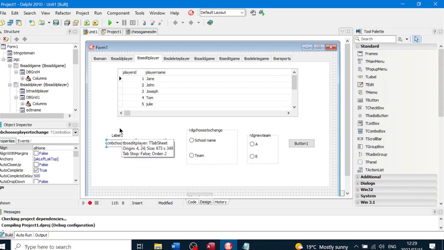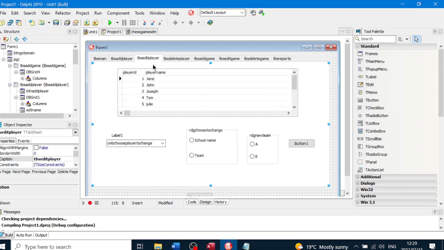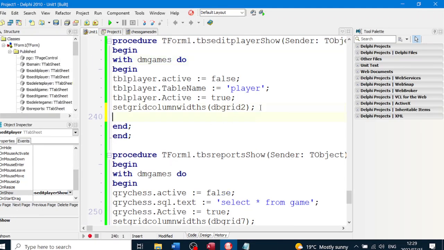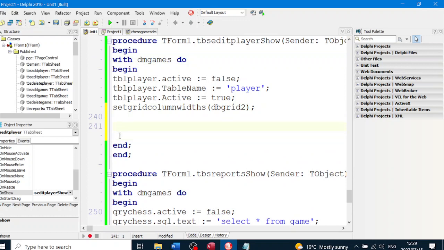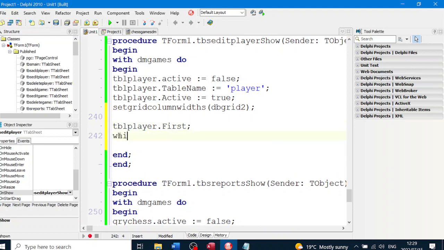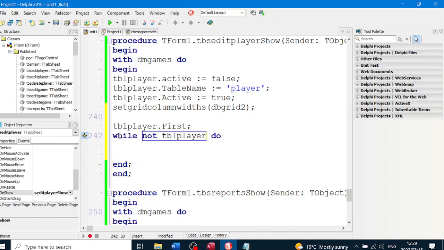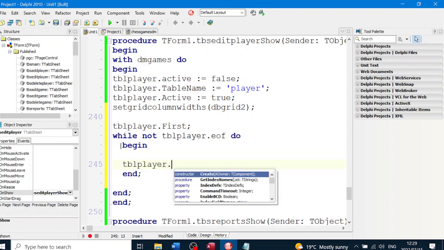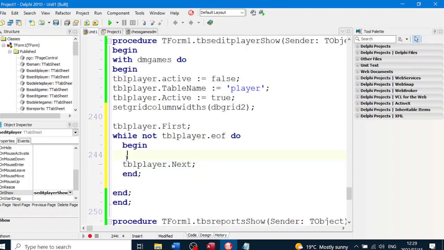So in the on show event of this tab sheet, we go to the tab sheet in the events, and on show, go down to on show here. We are going to fill the combo box up. So to fill that combo box up with the names, we say TBL player dot first. Then while not TBL player dot end of file do, you might remember this, begin and end, and of course TBL player dot next, and inside here we'll quote the combo box name, which is CMB choose player to change,